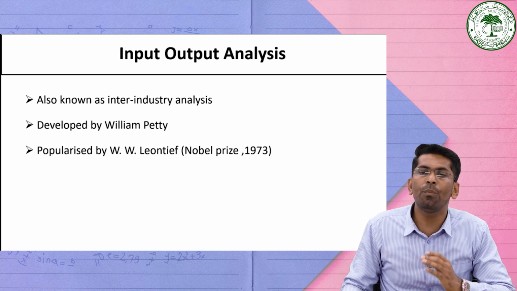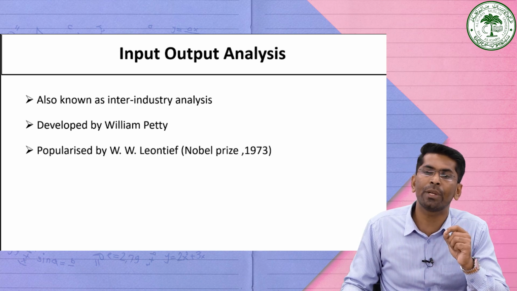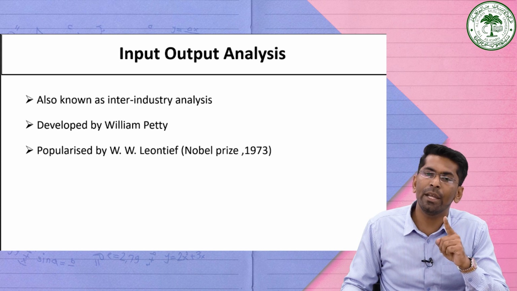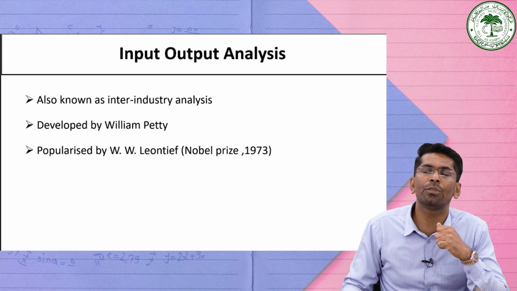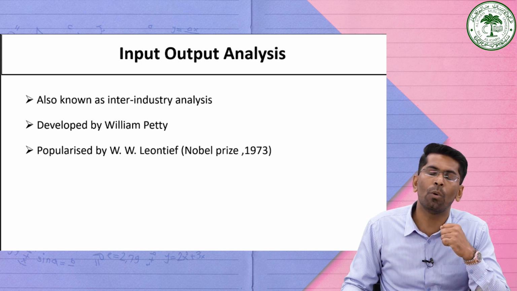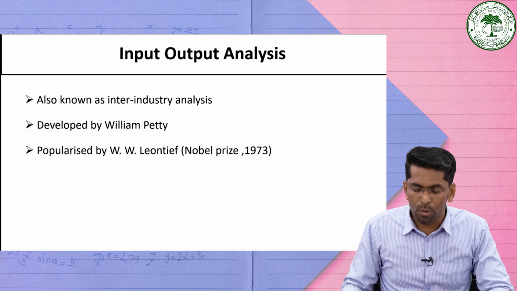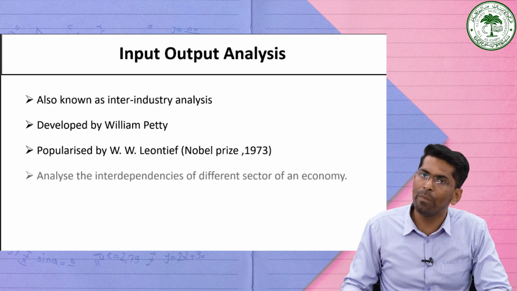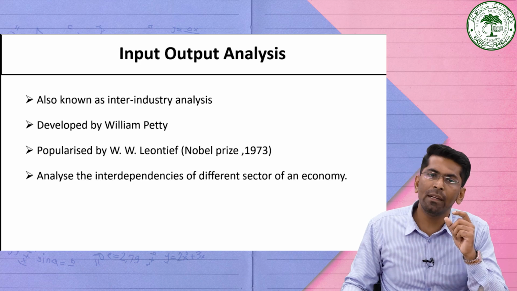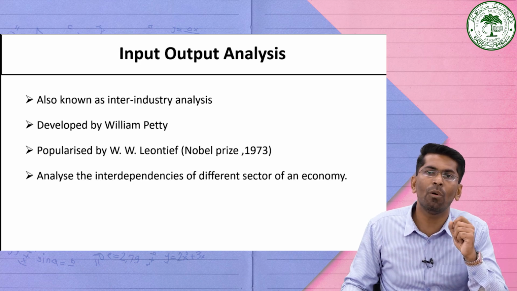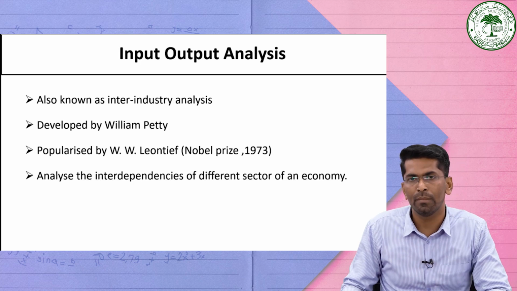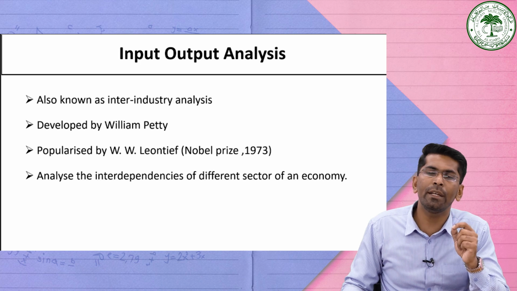The output of one industry is either used as an input of another industry or for final consumption by households, government, and net exports. So input-output analysis is an economic model which analyzes the interdependence among the different sectors of the economy, where one commodity becomes the input for another commodity, which also uses it for the